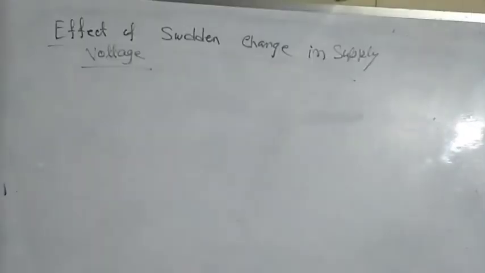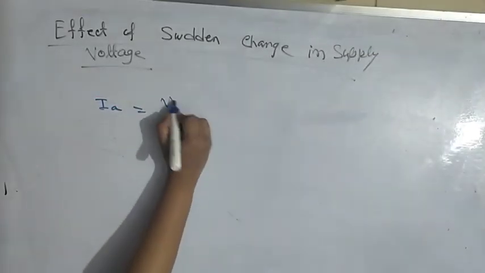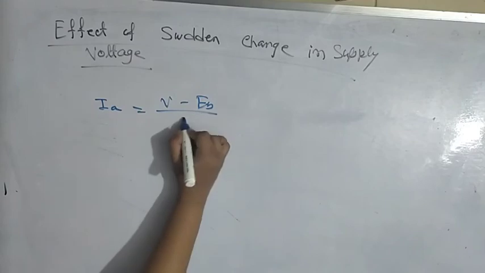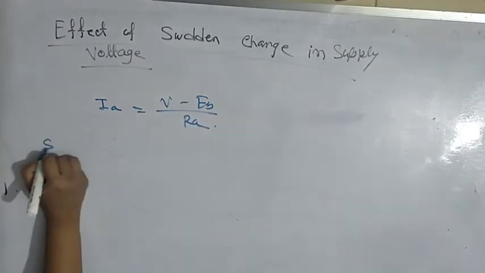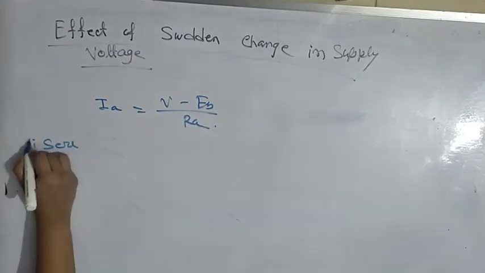Now suppose the change, that is increase in voltage, is so sudden that during that period the motor speed does not change because of mechanical inertia, and magnetic flux does not change because of electromagnetic inertia. The armature current IA is equal to V minus EB by RA. Now for series motor,